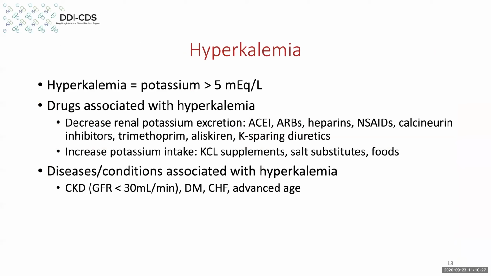And take a look at hyperkalemia. This is usually identified as having a serum potassium level which is greater than 5 milliequivalents per liter or 5 millimoles per liter, same values. Those are the only equivalents I know, is the potassium milliequivalent and millimoles are the same. But anyway, drugs associated with this, as we've mentioned, include a number of other compounds, and we've included some of the more common ones here. The mechanisms are all a little bit different. We've got some direct-acting renin inhibitors like NSAIDs and the calcineurin drugs and aliskiren. Trimethoprim is an interesting drug.